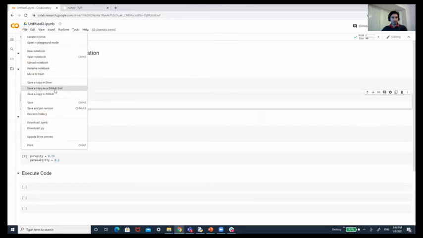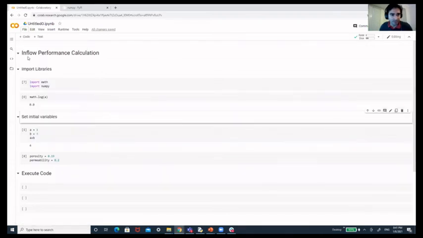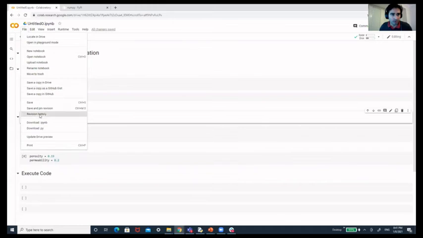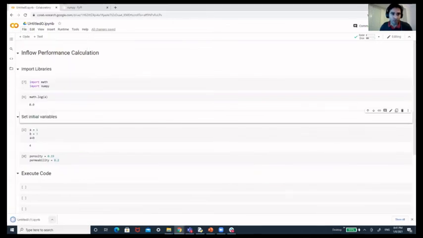Let me do something like save a copy. Let me save and show you the different formats that we have here. You can download the .py, which gives you only the code, but you can also download the notebook itself. Once you download the notebook, you can open it directly in your local Jupyter Lab or Jupyter Notebook environment.